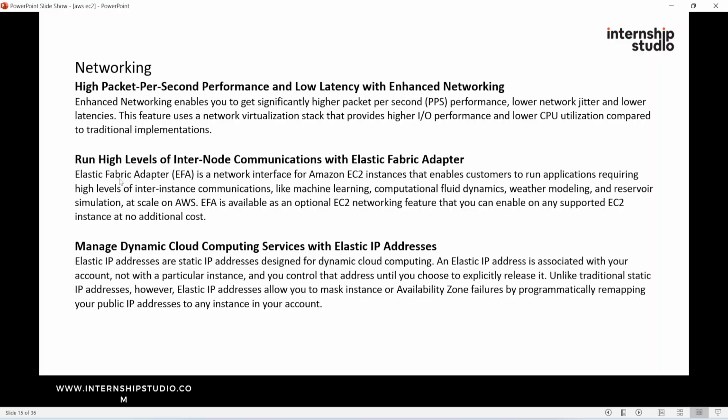And coming to other points, it can also run high levels of inter-node communications with Elastic Fabric Adapter. The Elastic Fabric Adapter, EFA, is a network interface for Amazon EC2 instances that enables customers to run applications requiring high levels of inter-instance communications, like machine learning, computational fluid dynamics, weather modeling, and reservoir simulation at scale on AWS. EFA is available as an optional EC2 networking feature that you can enable on any supported EC2 instance